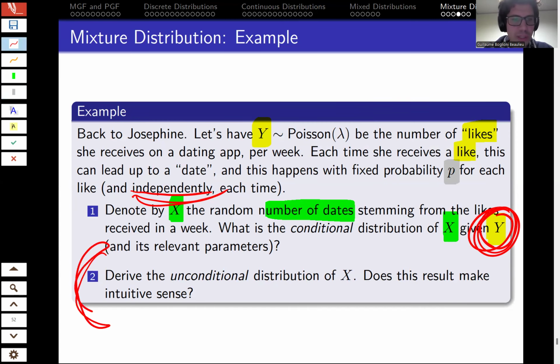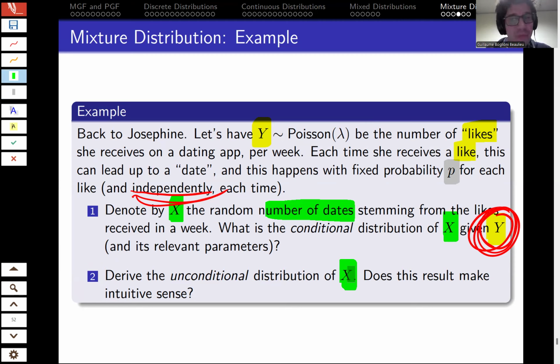Now, second question, that's a bit more, we're going to need a bit of mathematics here, a bit of derivations. Derive the unconditional distribution of x. So you know that x given y, given the number of likes, is a binomial. But what is the unconditional